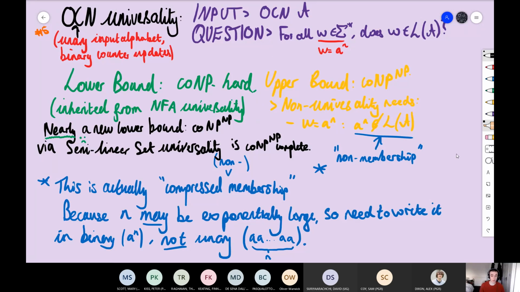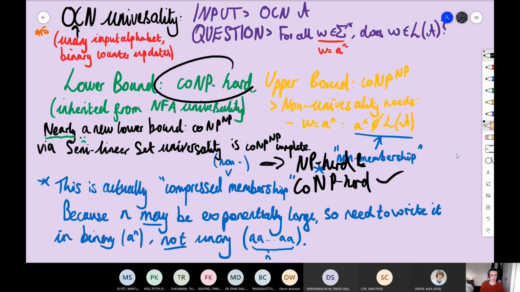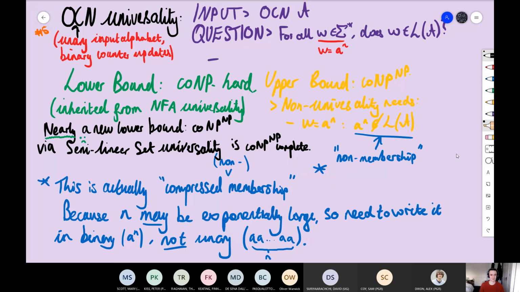And another note, if you have a problem that is coNP-hard and in coNP to the NP complete, it must be the case, this is just a little thing. This implies that the problem belongs to NP, and it's NP-hard. I didn't mean it belongs to NP. It's NP-hard and coNP-hard. Now we get this for free. So if this thing is in coNP to the NP, and therefore coNP to the NP complete, we need NP-hardness. And I've tried to look for NP-hardness and I can't see it obviously anywhere. So there's something kind of spooky going on. That's part of the fun, right?